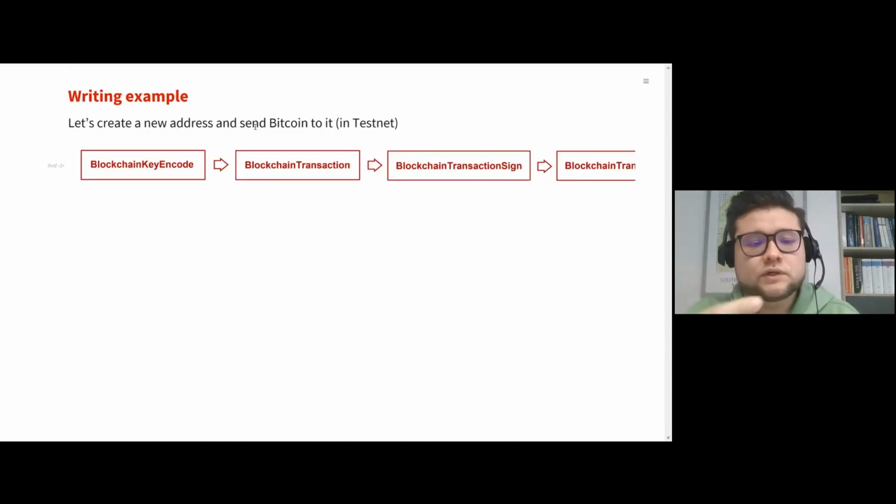Okay, so now for a writing example, in this case I want to create a new address and send some Bitcoin to that address. We're using here the Bitcoin testnet. This is not real money, this is just for testing purposes. So we have 4 steps here: BlockchainKeyEncode, BlockchainTransaction, Sign, and Submit. I think it doesn't look quite right here, but let's start with